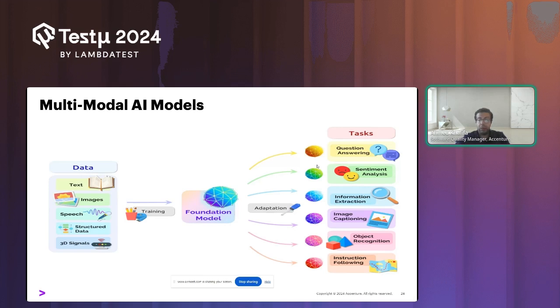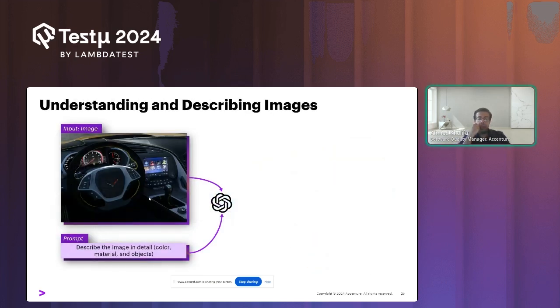It opens a lot of opportunities for us to leverage the capabilities of these large language models in different ways, especially in visual capabilities. And this is something I would like to focus on in the next section, where we will see how multimodal models could be used in enhancing visual testing, and also in enhancing our quality engineering practices. So let me start with something very important. Is it really able to understand images?